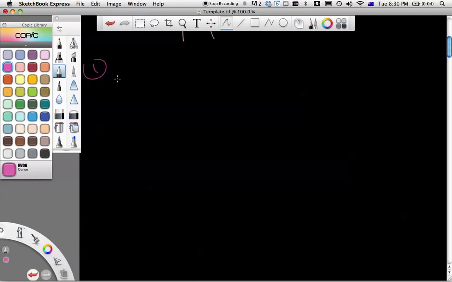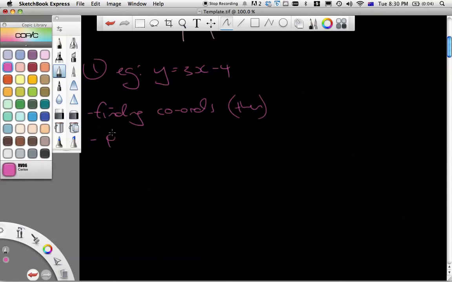Point 1. So we could have an equation something along the lines of y equals 3x minus 4. So first thing we can do, or one way to approach this, is by finding coordinates. If we want to do it like a two-step process, we can find coordinates, then plot them. Plot and join. So if we do this find coordinates thing first, let's say